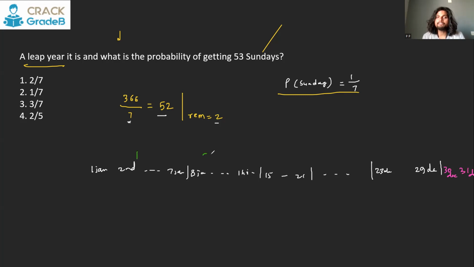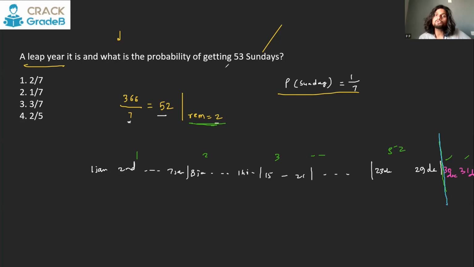So first week, second week, third week, similarly, this is going to be the 52nd week. And after the 52nd week is over, there will be 2 more days, 30th December and 31st December. This is how the calendar or the days in this particular year will look. So every day is appearing 52 times till here.